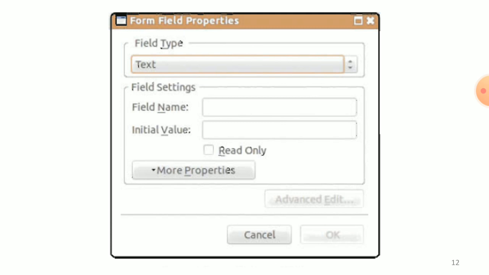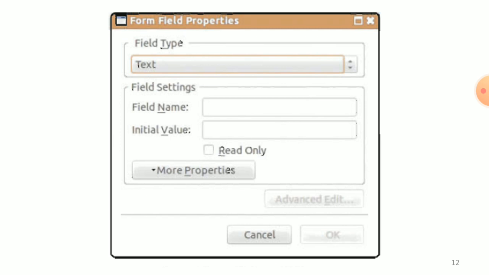Next, the text box. To insert input text fields in the form, click the Insert menu, then Form, and then Form Field.